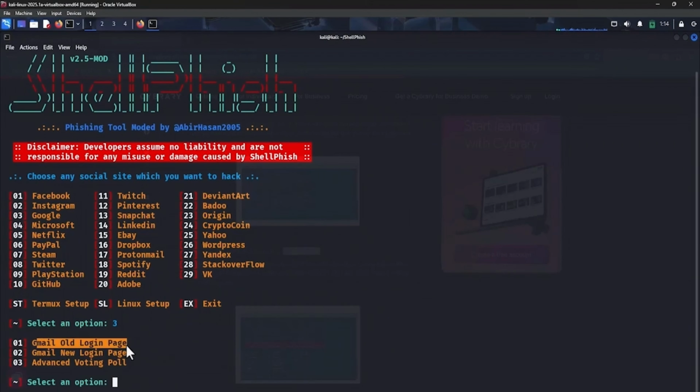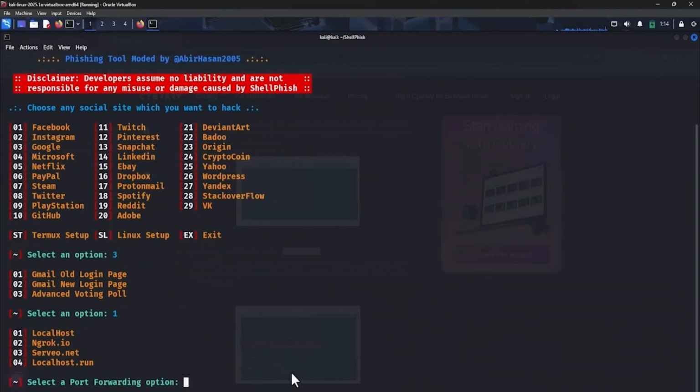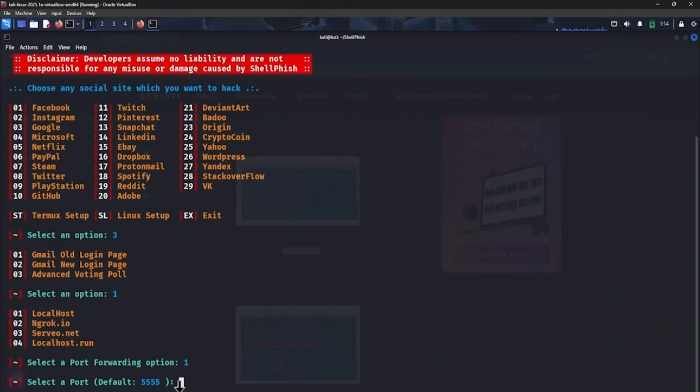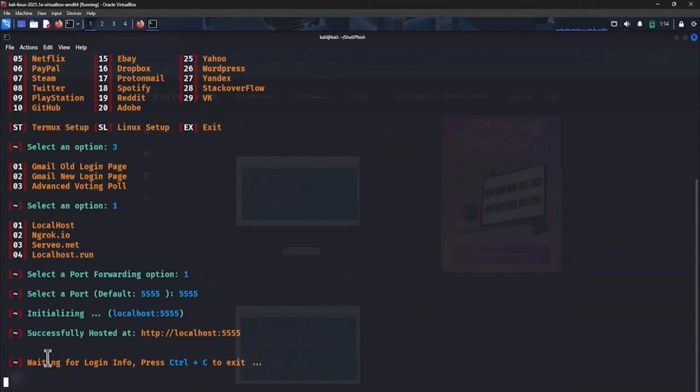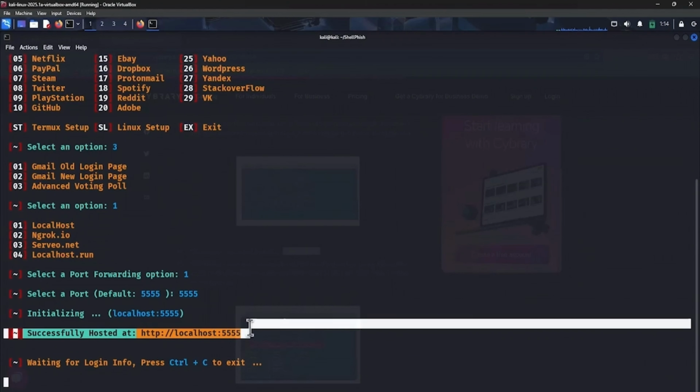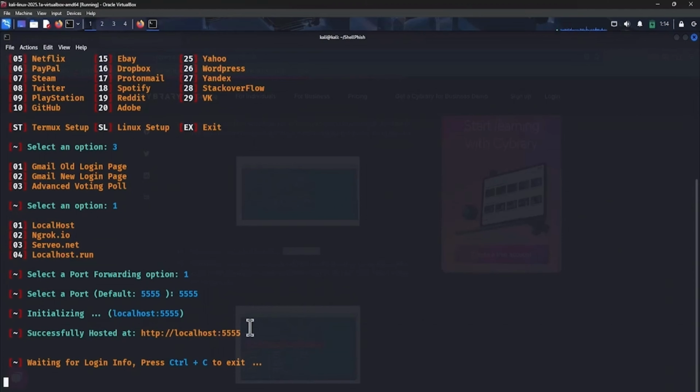Next, to use the old Gmail login page, type 1 and press Enter. To use localhost, type 1 again. When prompted to use default port number, type 5555 and press Enter. The tool will begin setting up a fake Gmail login page on your local host. This may take a few moments. Once setup is complete, copy the local host link,